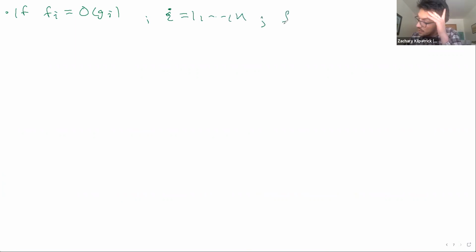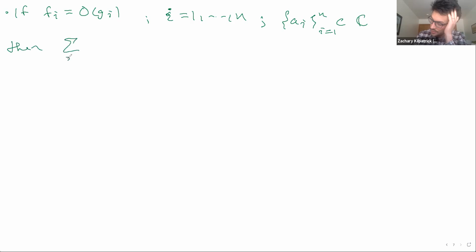Summation. If I have a bunch of functions, and I call them f_i, and they're each big O of g_i, where i is some index that goes from 1 up to n, okay? Define also some coefficients, from i equals 1 up to n, that live in the complex plane. Then what I can do is